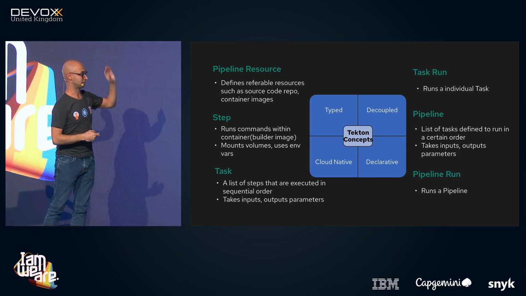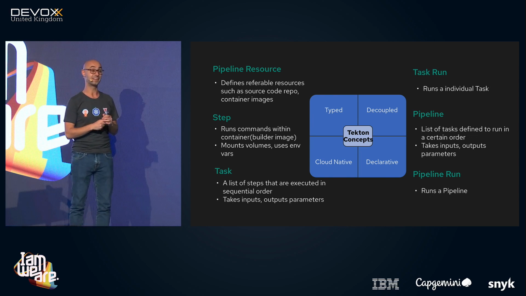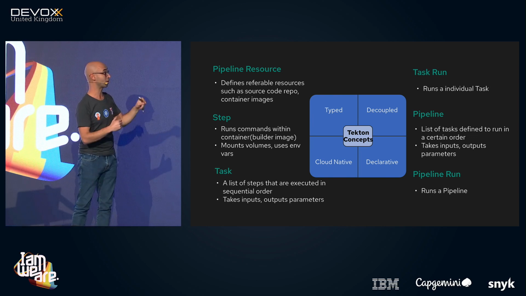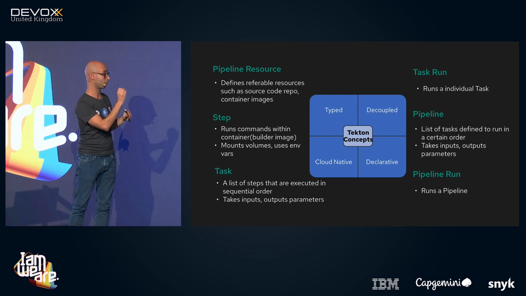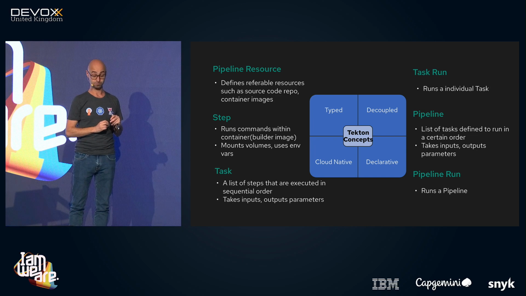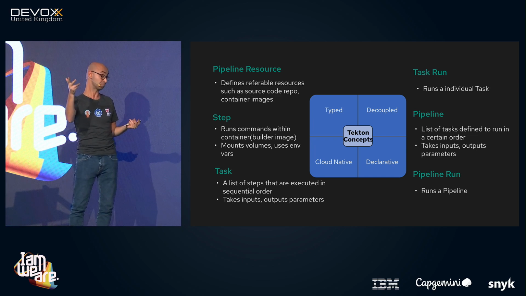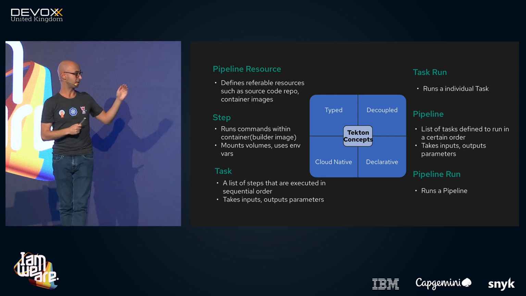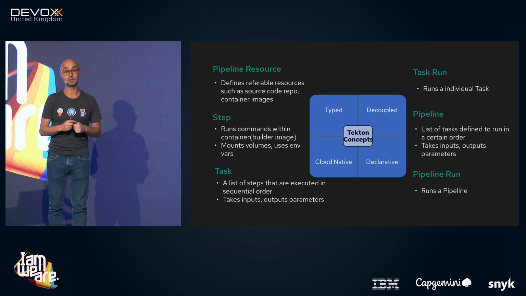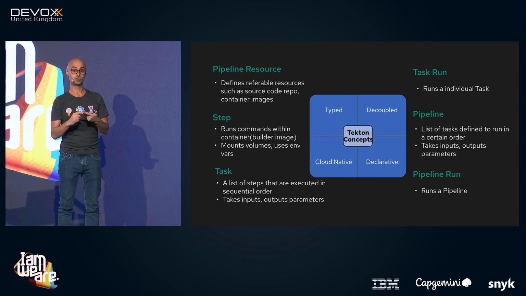And then we've got two objects, a task run and a pipeline run. And this is really the execution of the pipeline or the execution of the task. Notice that you can run a task alone, or you can run a pipeline. You can think of it like the play button in Jenkins. This is the pipeline run or the task run. And a pipeline run or a task run can be created by a YAML file,